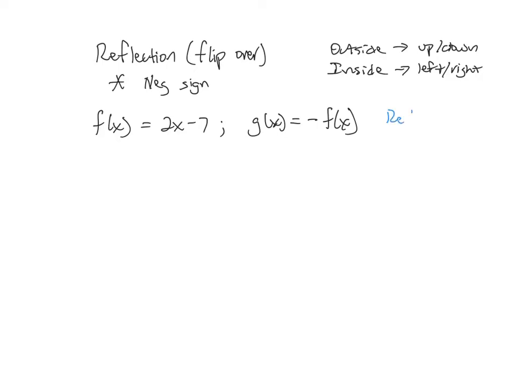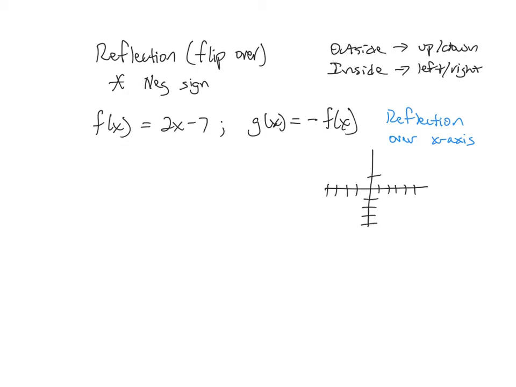This is a reflection over the x-axis. Some of you are maybe thinking, well, the x-axis goes left to right, but he said outside meant up and down. So what we're really talking about is,